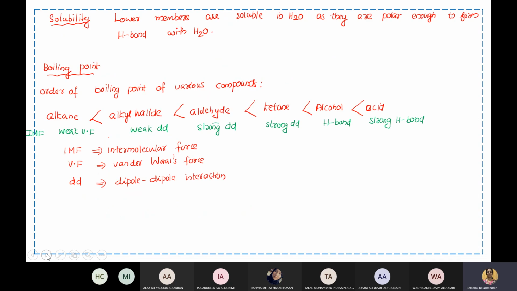Now, solubility. These all I hope you know. Lower members are soluble in water. Why? They can form